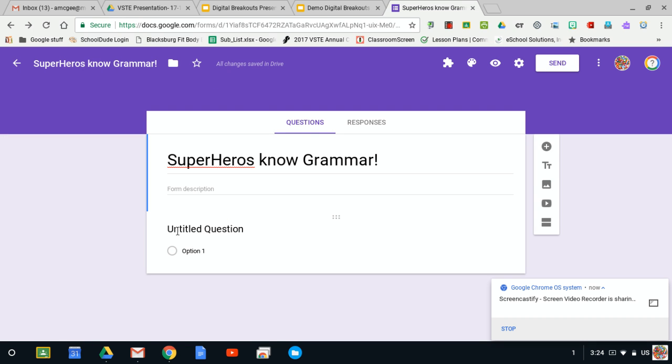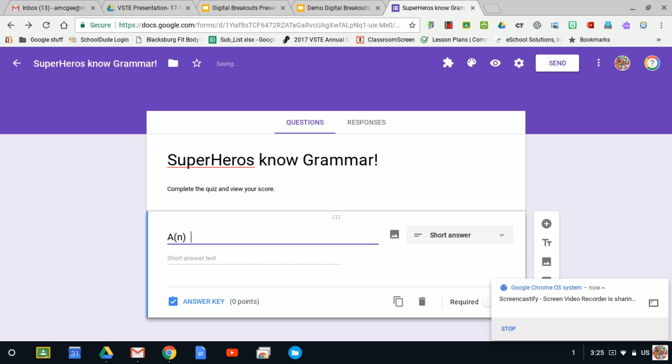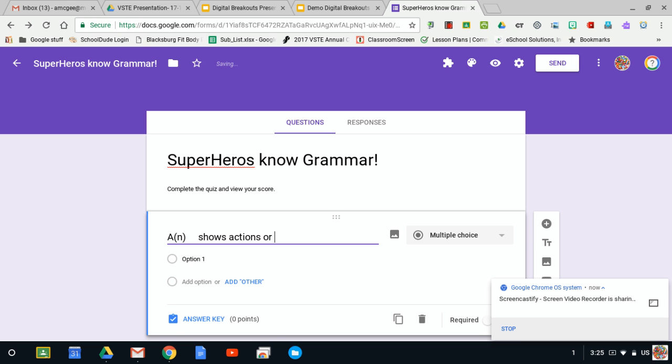And then we're going to do our first question. Well, we can do in a form description that says complete the quiz and view your score. And the first question can be, blank shows actions or states of being. And we'll leave it as multiple choice, and we'll let our answers be verb,